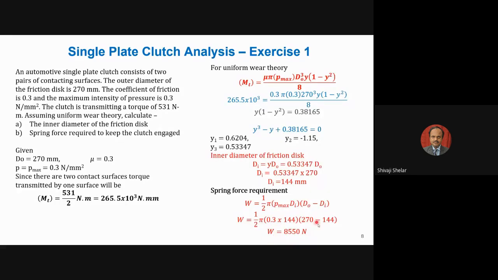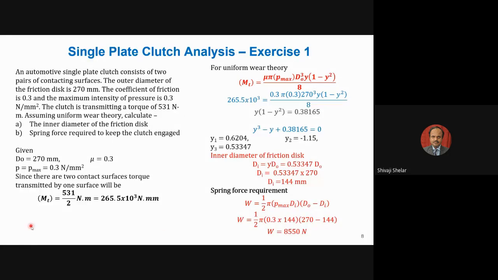Depending upon the force requirement and the size of the spring to be used in the application, the number of springs is chosen. Normally 4 springs, minimum 3 springs, are used. 2 springs are very rarely used, but minimum 3 springs are used when your outside diameter is greater than 100 mm. And if your outside diameter increases, the number of springs can go up to 6 to 8. So depending upon the total axial load, the number of springs is chosen. In this condition, you may have to use maybe 4 to 6 springs. Okay, so this is one such simple problem.